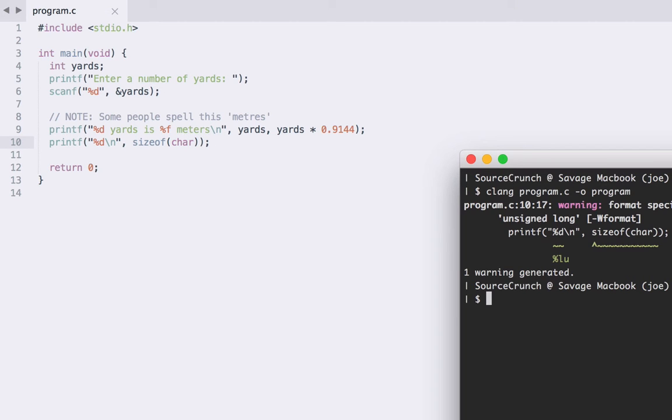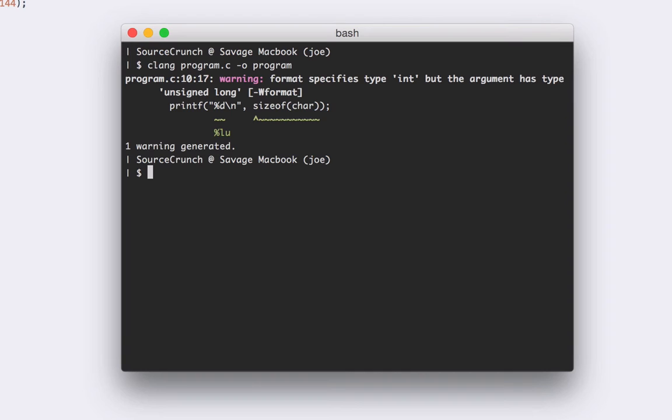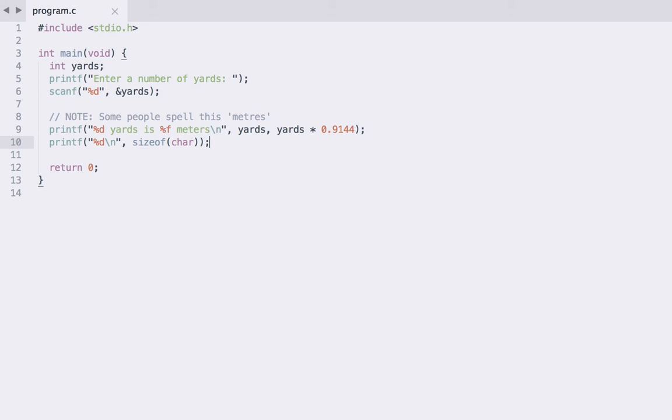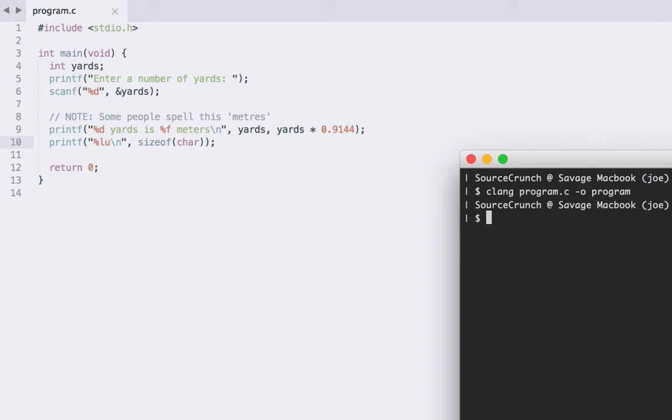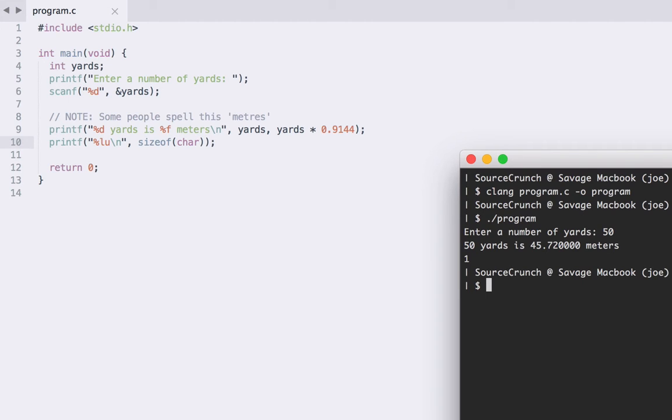And if we go ahead and compile this, and oops, we get a warning here, so actually I've put in the wrong format specifier. Sizeof actually returns something of type unsigned long, and now we have talked about signed and unsigned, that should make some sense, because long is just another integer type. So let's just go ahead and change that. Instead of %d, this should be %lu. And let's recompile. Let's rerun. And okay, we see 1 outputted alongside our result.